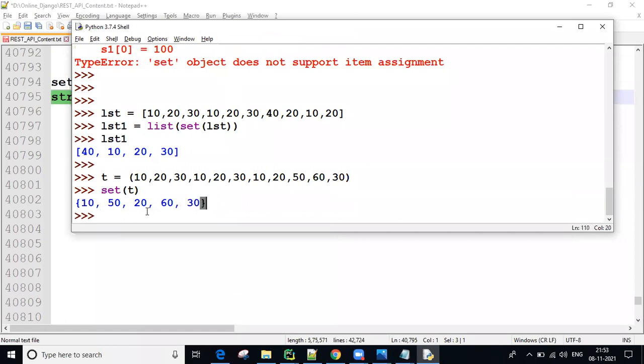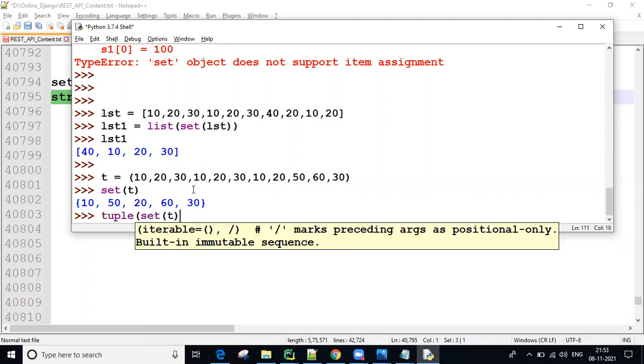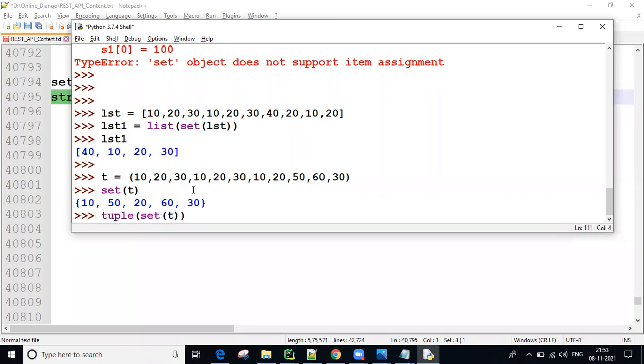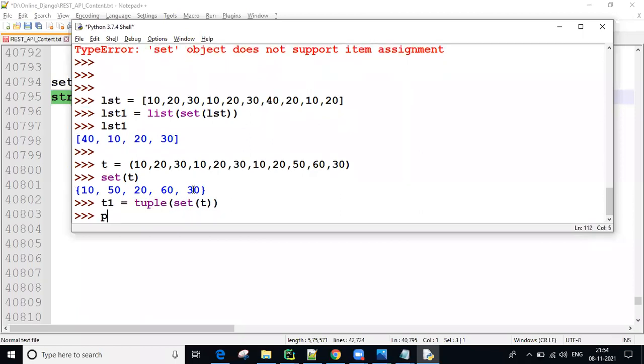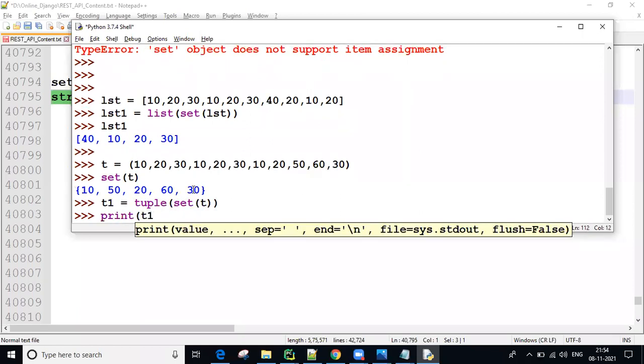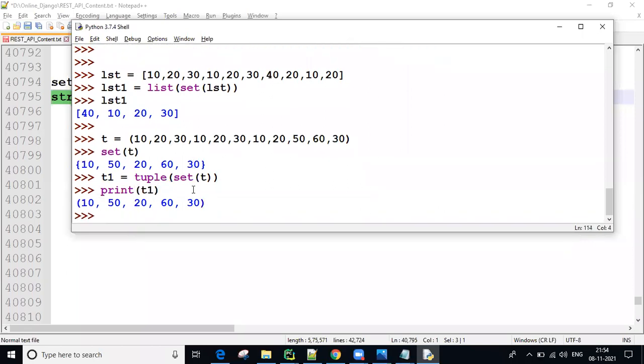See, set format came, only unique values are there. I don't want set format. That's why I am using the tuple function to get tuple format into one variable called T1. Now, what is the print of T1? Same, only a tuple format comes, guys. Input tuple, output tuple, that's all.